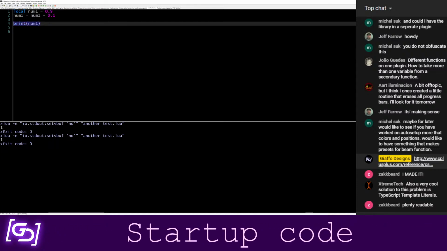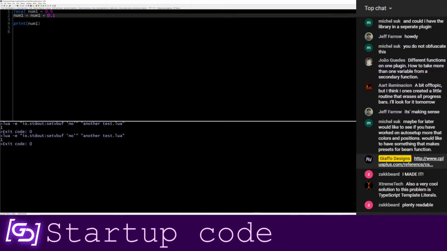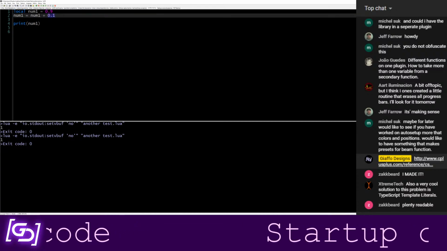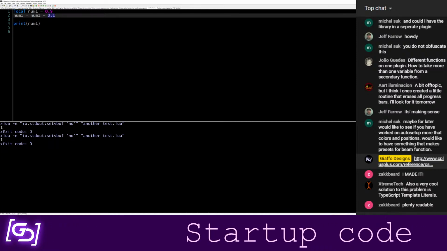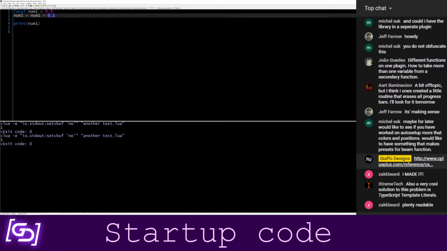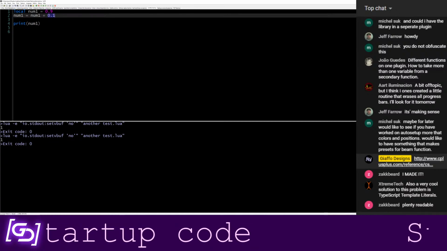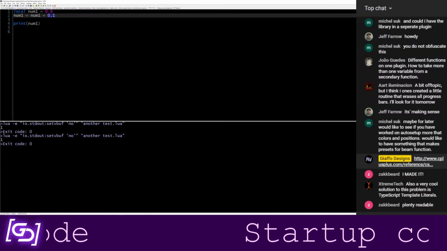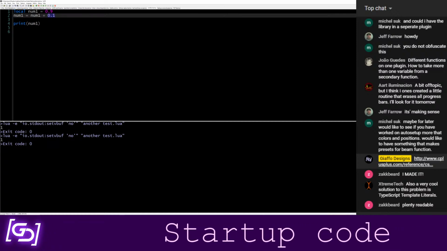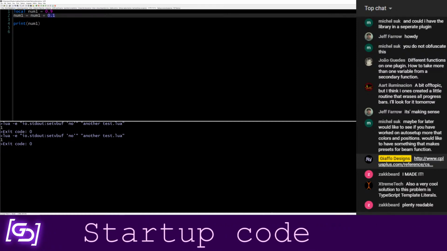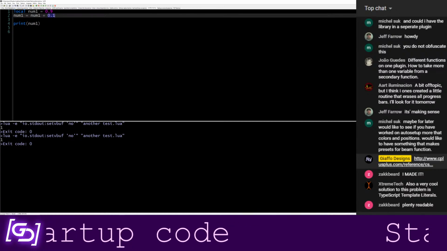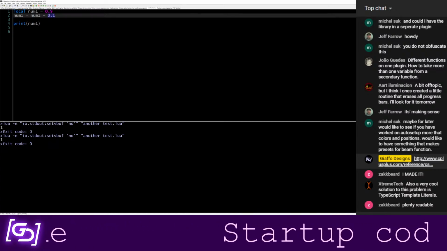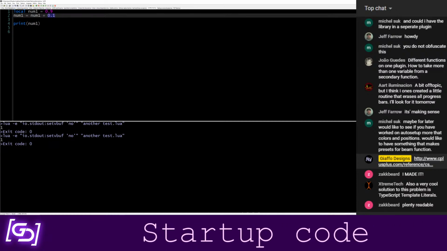Oftentimes what I have run into is that once you take something into decimal territory, Lua handles some stuff in the background for you that other programming languages don't. So in Lua, you only have one number type, and it's called number. If you work with a language like C#, any of the C variants, I'm not sure if Python has it, but there's a lot of languages where you have to declare what kind of number you're working with. Any of the C types, there's multiple types of integers, multiple types of floats that you can use.